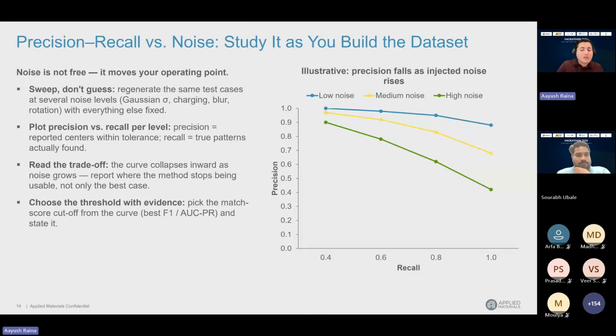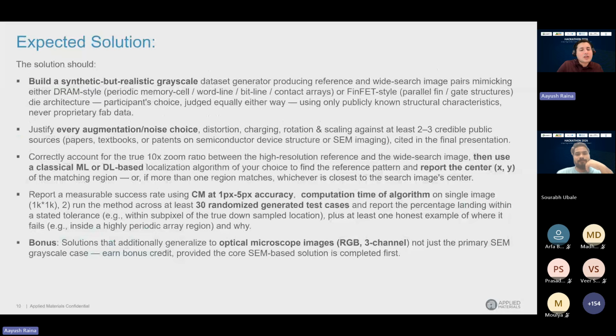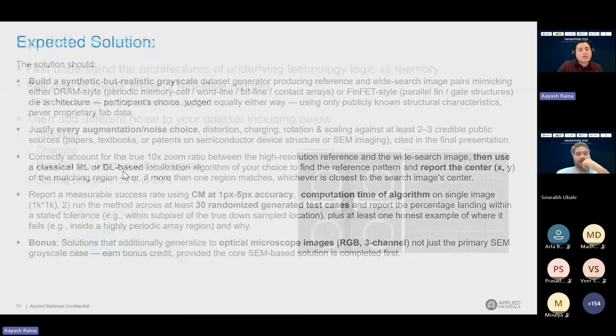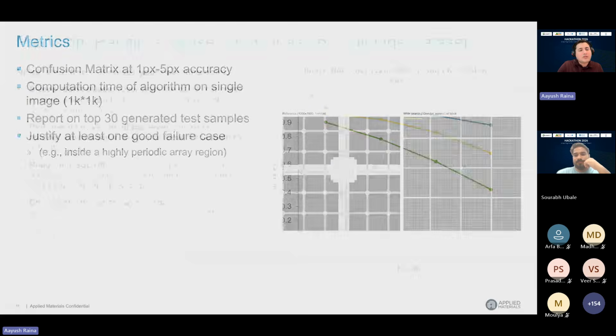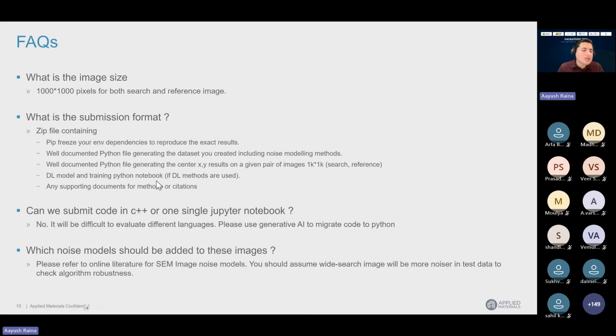That's the reason I've asked for the notebook, the DL-based method, in the FAQ section. In the FAQ we have mentioned the DL model and training notebook. This will help us understand how heavy your model is, how many parameters it has, what the architecture is, how much training time it needs, and what data you have used for training.